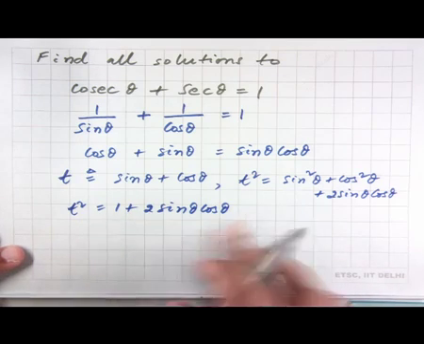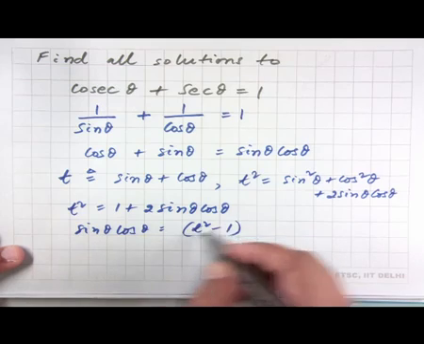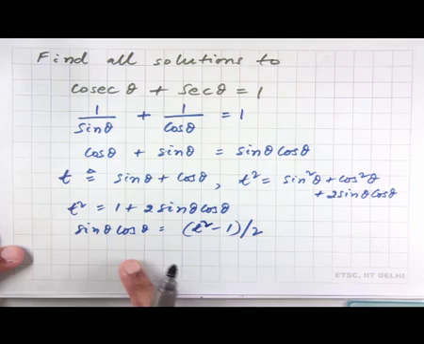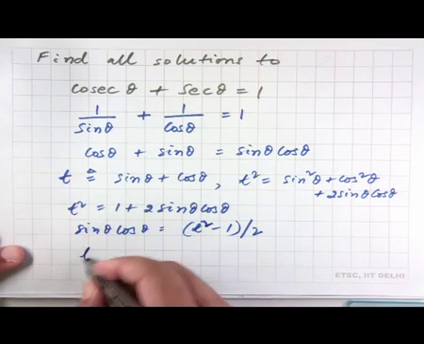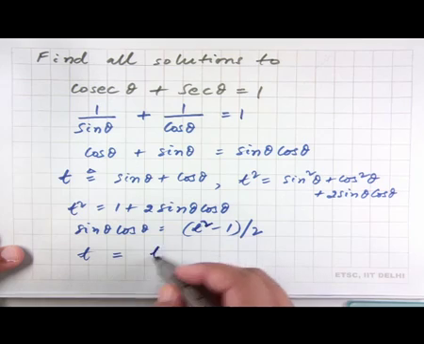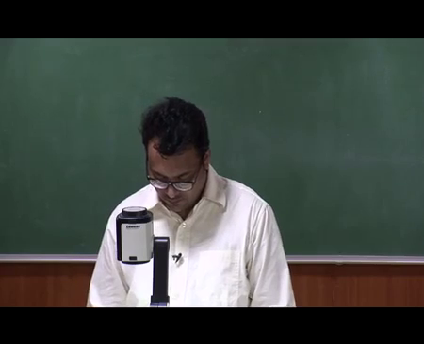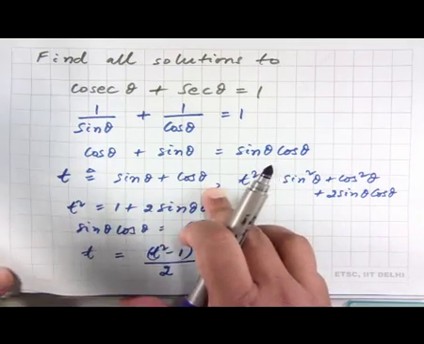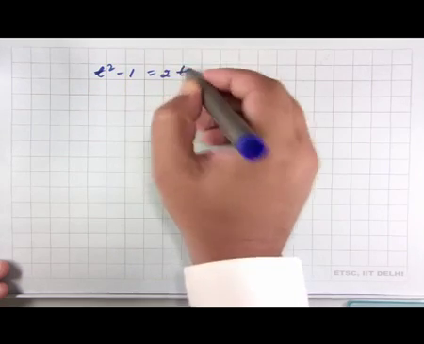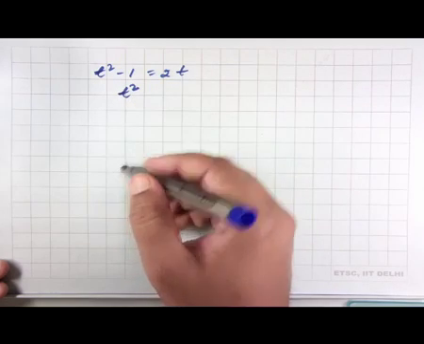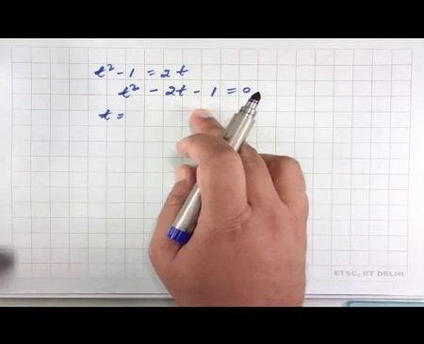And from here we can see that sin theta into cos theta is actually equal to t square minus 1 over 2. So now if we go back to the trigonometric equation, the left hand side was t, the right hand side is t square minus 1 over 2, and t has been defined to be sin theta plus cos theta. So, the equation in terms of t then becomes t square minus 1 is 2t, or t square minus 2t minus 1 equals 0, and therefore, since this is a quadratic equation in t, there are two possible